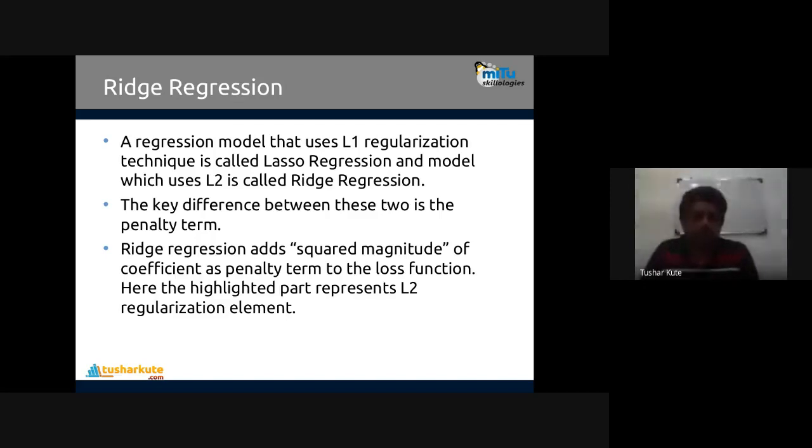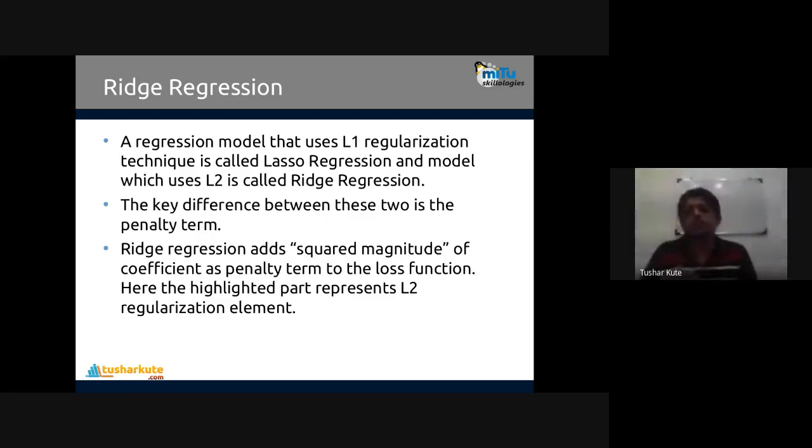The error term is modified; we are just adding the L1 or L2 norms. The key difference between both is the penalty term added. Ridge regression adds the squared magnitude of the coefficient as a penalty term to the loss function. That is what we call L2 regularization.